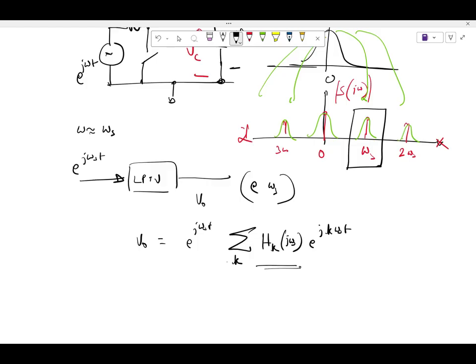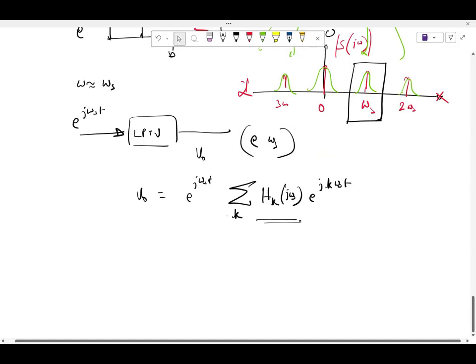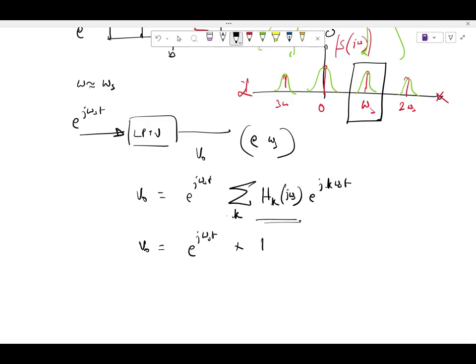Look at it carefully. If k equal to 1, what do I get? If k equal to 1, what is V naught? E power j omega s t times h0 j omega s e power j omega s t, right? So this and this gets multiplied and the output should be 2 omega s, right? I'm observing at omega s, which means which value of k should I look at? 0, right? So if input is at omega s and the output also is omega s, then the